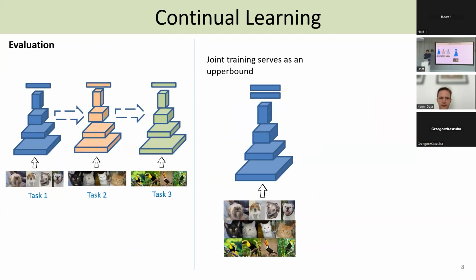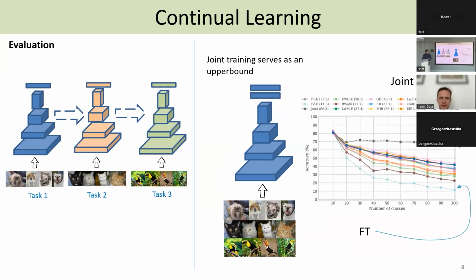So one slide maybe on evaluation. Let's say the joint training with all the data of all the tasks is an upper bound for continual learning. Normally the lower bound could be fine-tuning, and continual learning methods, typically as in this example on the right, are in between. The aim is to get as close as possible to joint training. In this setting here, this is CIFAR-100 in 10 tasks, you see that the gap is pretty big. And these are even replay methods among these. So there is still quite some work to do to close this gap.